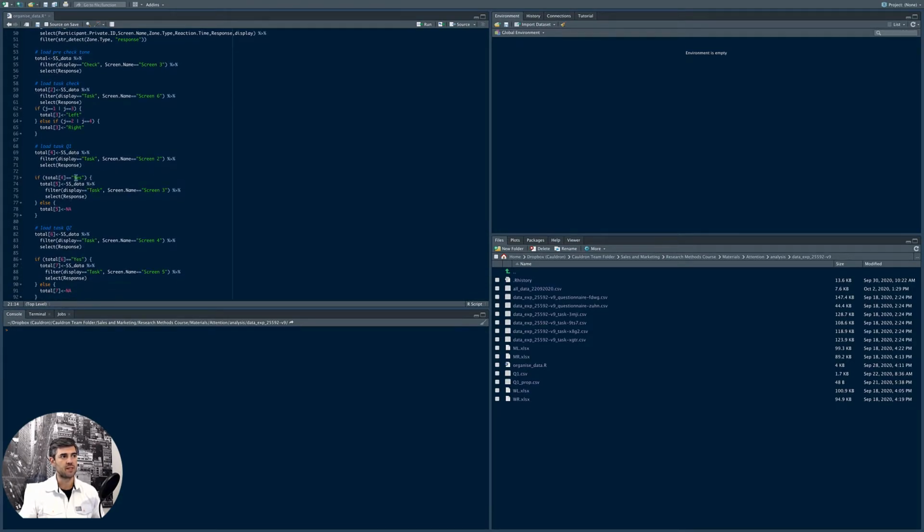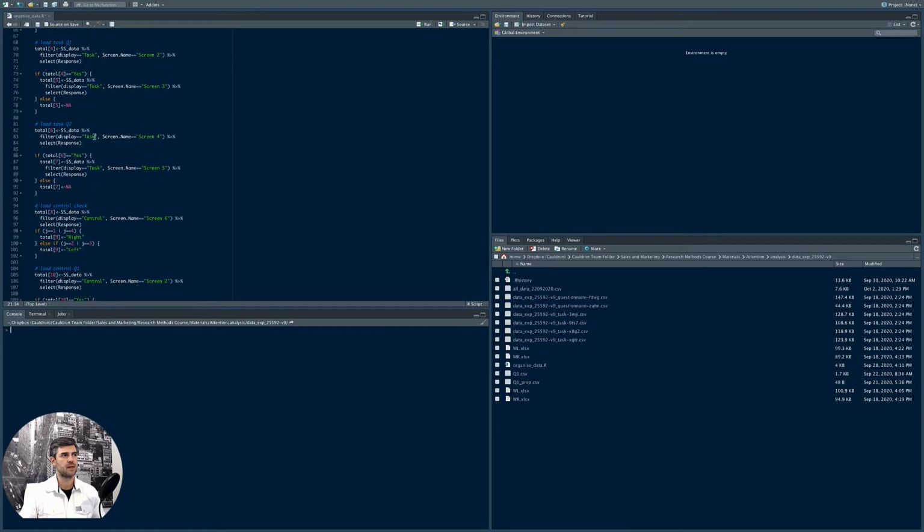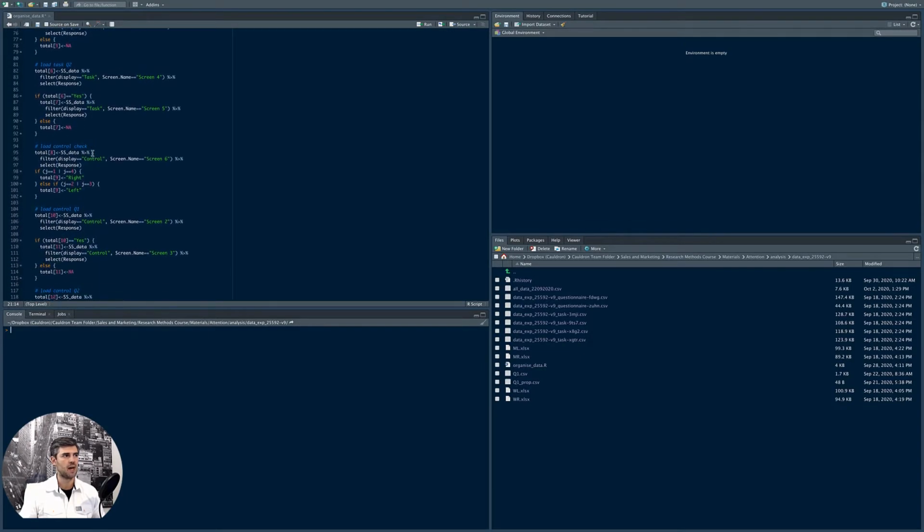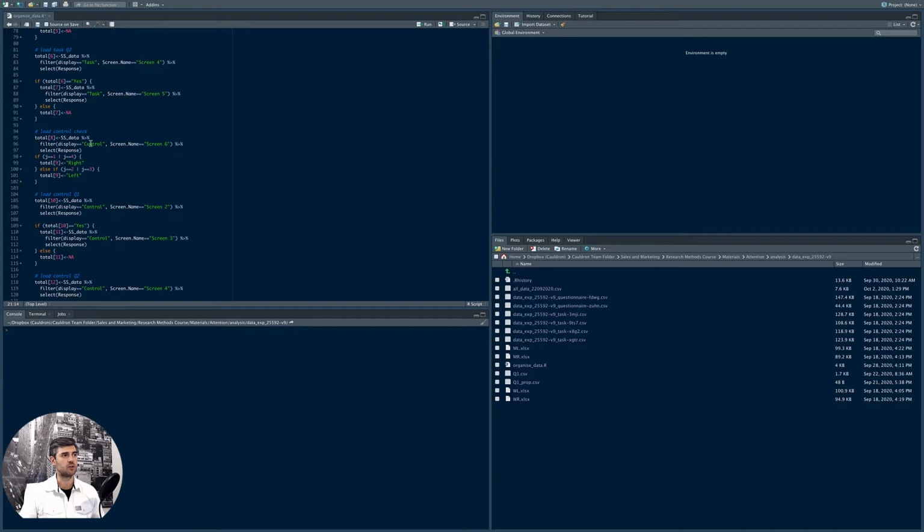We repeat this again, but this time for question 1. So we're looking at task screen 2. If they said yes, then the fifth column is going to be whatever they wrote down, which is task screen 3. If they said no, so here we've just used else, that column is going to be a blank, NA. The same thing again for question 2, and now we change the word task to control, and we do the